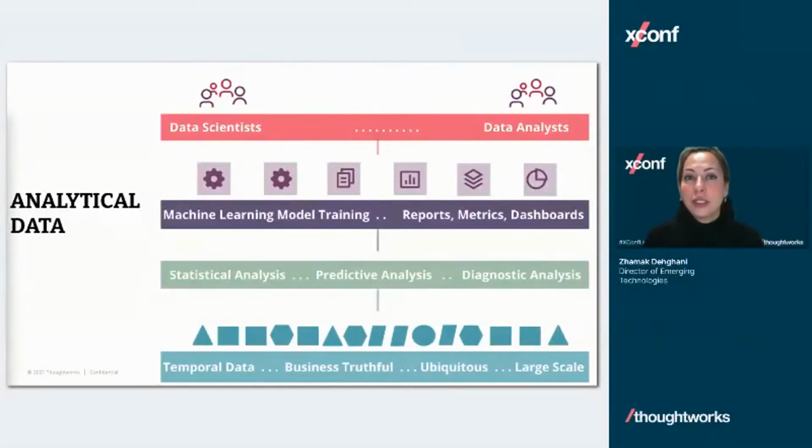It's very different from the data that we put in our application databases, because it needs to have a representation of all the facts across a wide spectrum of time. All of the facts that have happened in the past and are happening, we need access to that kind of temporal view of the data. The data really needs to represent the reality of the business, what is actually happening in the world, as opposed to being perfectly modeled downstream to an approximation of that reality.